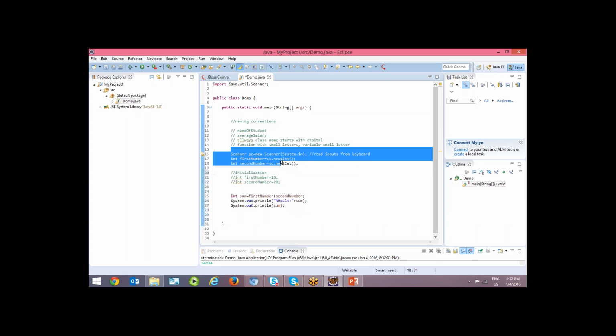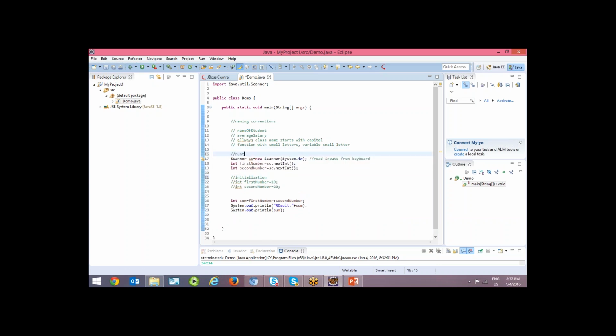This values reading process is called runtime values. To read runtime values in Java, we need Scanner. Scanner is a predefined class, and to make use of Scanner, you have to import it. There are certain things we are going to learn, like what is import, and what is System.in and all.